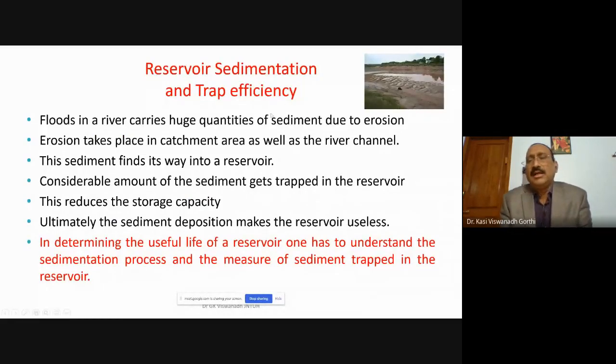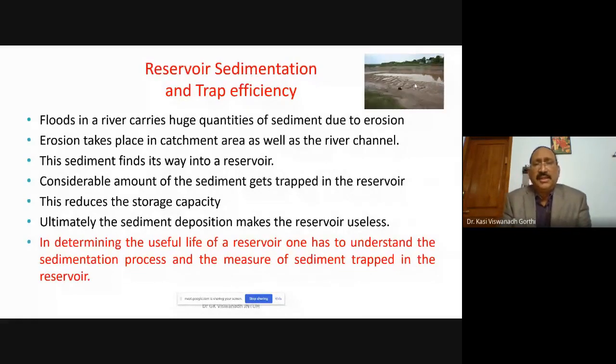You can see in this picture that all the sediment gets deposited, and this picture provides some details about the deposition of the sediment after the flow has receded in the river. To give a brief overview about this sediment, floods in a river carry a huge quantity of sediment. Why is this happening? This is happening because of erosion. When the water is flowing with higher velocities, maybe in the catchment area, the silt particles get lifted up due to the tractive forces, and they will be in suspension.